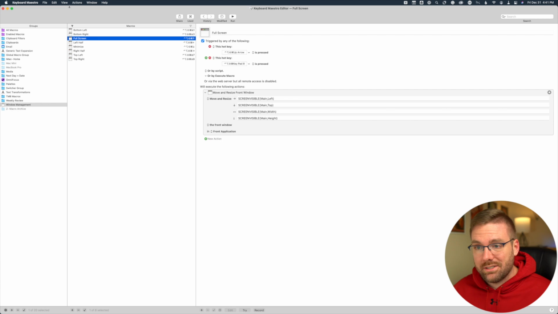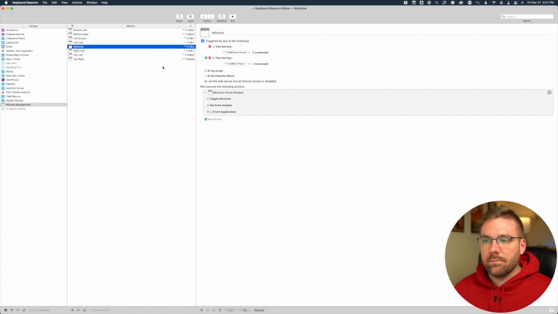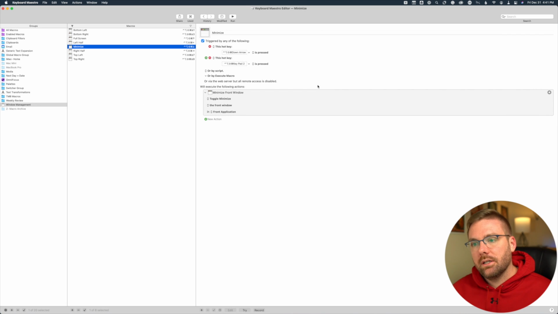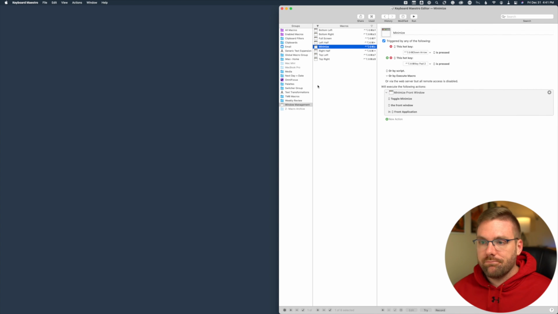And then I also have it to minimize a window, which is going to be the down arrow or number 2. So hold down the caps lock key and number 2, and I have the genie effect on, so it's just going to pop that down into the taskbar. So if I come on over and open Keyboard Maestro back up, it comes right back up. So I have the minimizing the left dock, and the dock minimizes, so it just seems like it slid off the screen, but that's there.